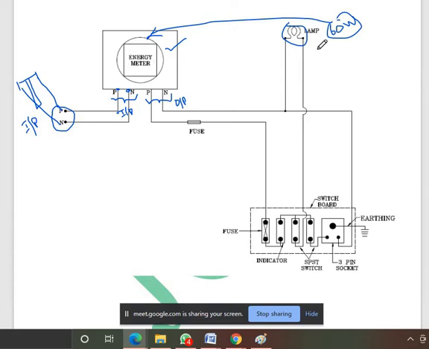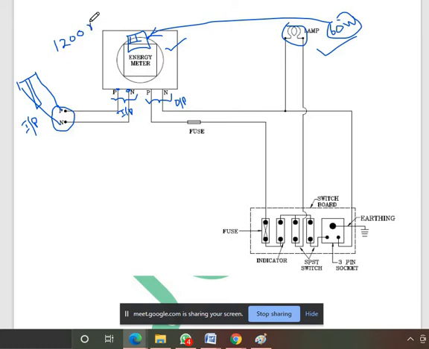So based on how many loads are connected to the circuit, the speed of the disc will either increase or decrease. Based on the revolution of the disc, it will record the units, the number of units consumed. There is a recording arrangement, maybe some mechanical gear wheel arrangement, that increments the value of the energy consumption based on the revolutions of the disc. Maybe 1200 revolutions is equivalent to 1 kilowatt hour.